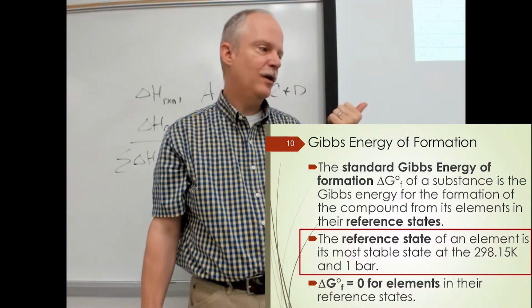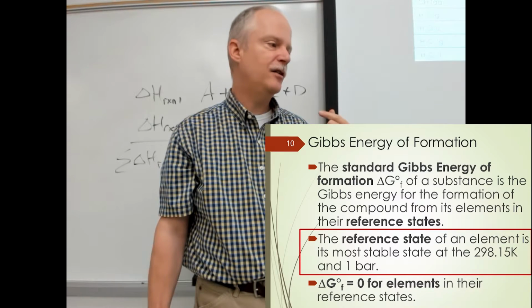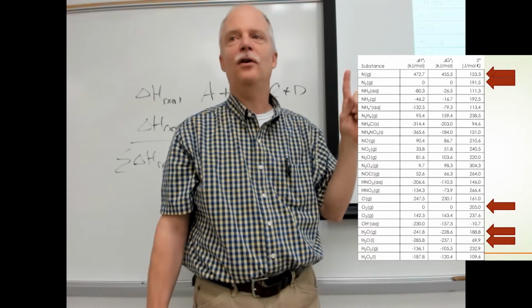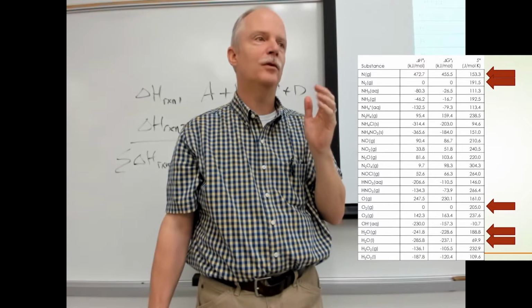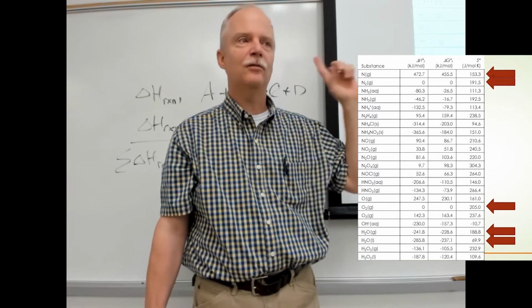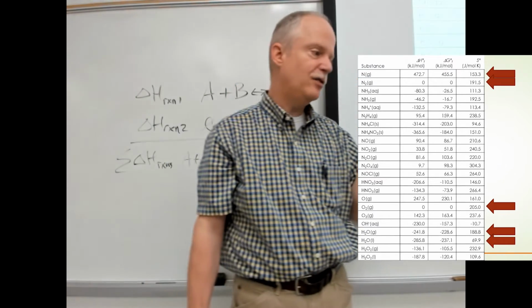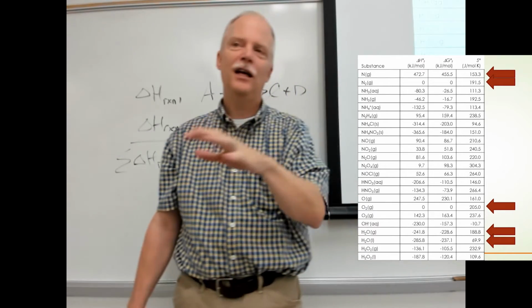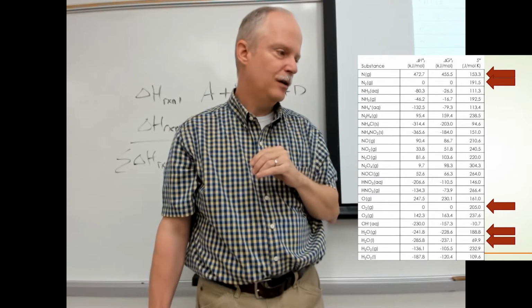But you're familiar with these tables, these thermodynamic tables, and the things to pay attention to, notice where the zeros are. So this is nitrogen atom at the top. That's a pure element, but we don't have nitrogen atom running around at 1 atmosphere in room temperature. We have N2. So look where the zeros are. N2, the zeros by N2 tell you that's the standard state at 1 atmosphere. So you could actually use these tables to kind of judge which form of an element is the standard form at 1 atmosphere in room temperature.